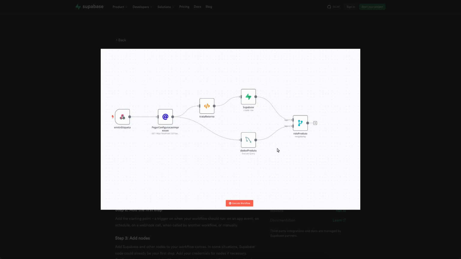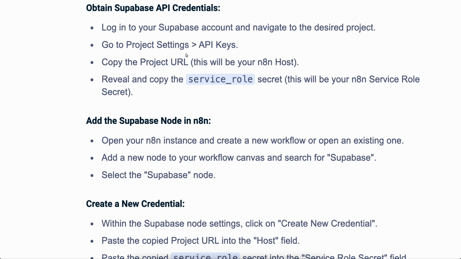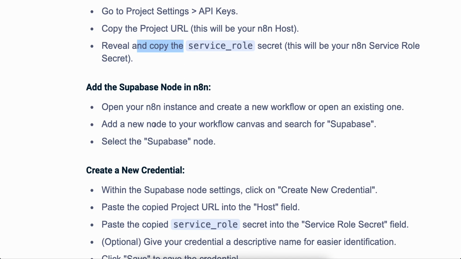In this quick tutorial, I'm going to explain how to connect Supabase to N8N. So the first step is to simply log into your Supabase account and navigate to the desired project. Then simply go to project settings, then go to API keys, and then copy the project URL. Now reveal and copy the service role secret, and after that you just have to open your N8N instance and